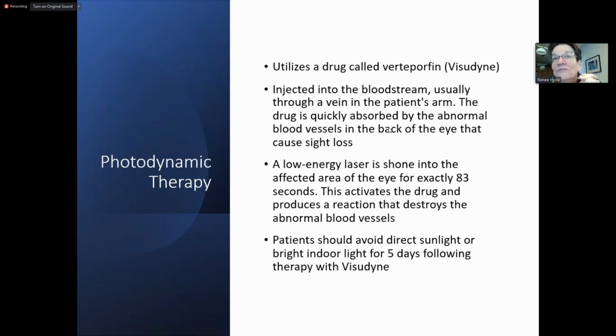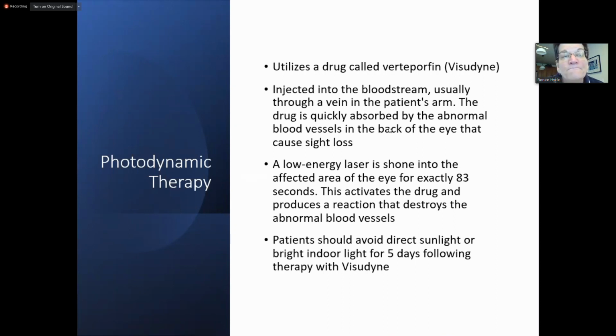Now, the thing you have to worry about with these patients is that it's like aspirin. How does aspirin know that you have a headache? Well, it doesn't. It has that same effect all over the body. These patients that have had this drug need to avoid direct sunlight or bright indoor light for 5 days following therapy with Visudyne, or else it will cause coagulation of vessels in areas that they don't want it to be coagulated. So typically, we don't use